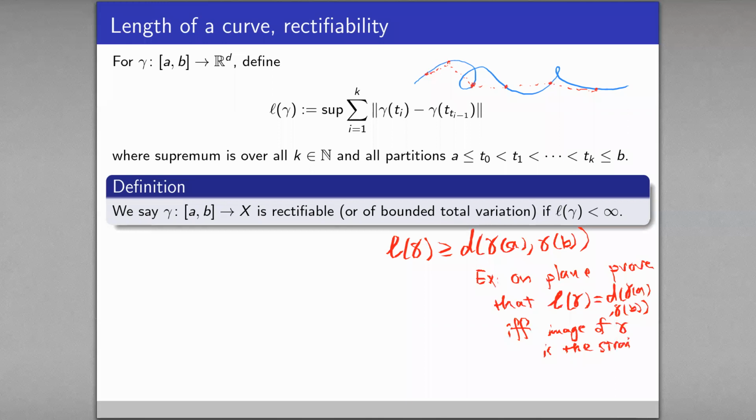So if gamma ever goes off this straight line, you will have a strictly bigger length. Why is my handwriting like this? It's often not this. Anyway,